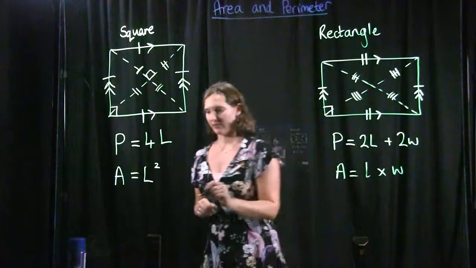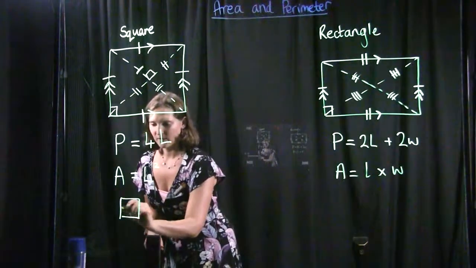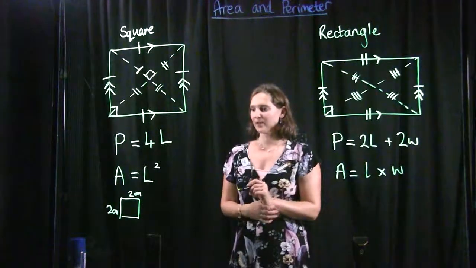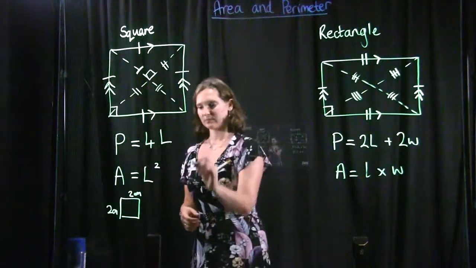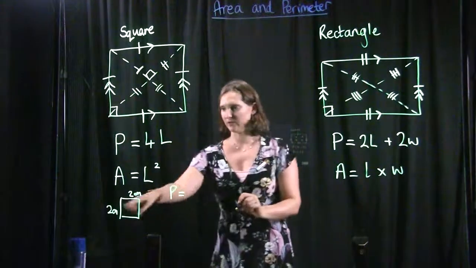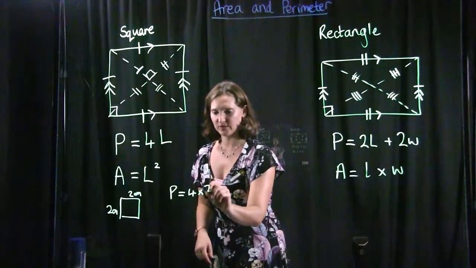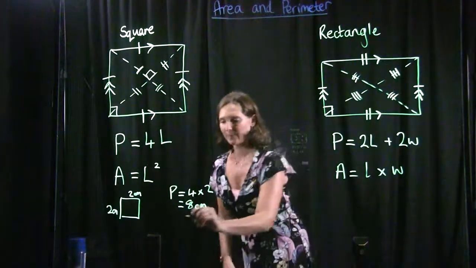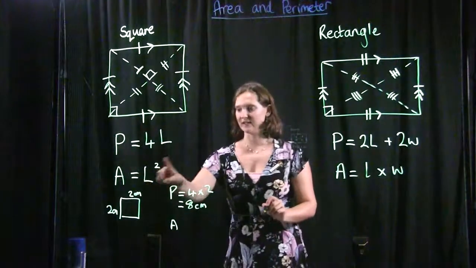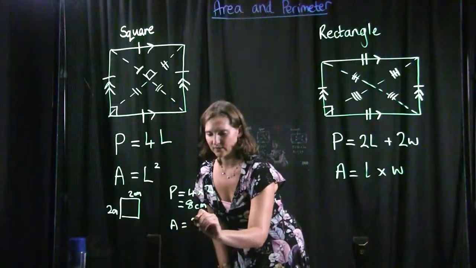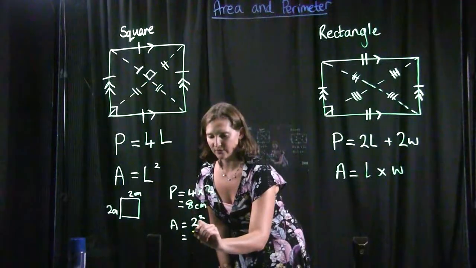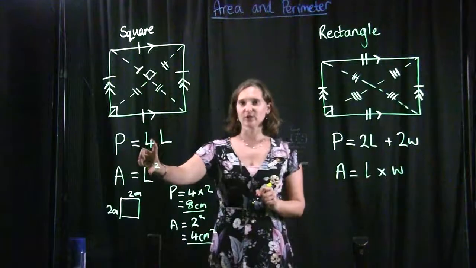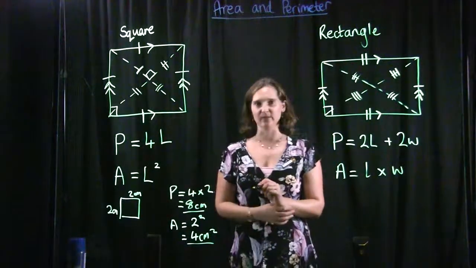So let's do an example then. If we had a square of 2 centimetres by 2 centimetres, the perimeter of that, so P, would equal 4 times 2, so 8 centimetres. Remember to write your units on the end there. The area we've got here is equal to L squared, so that would equal 2 squared, which equals 4 centimetres squared. So we've got your 2 equations there for perimeter and area, and an example there for you to follow